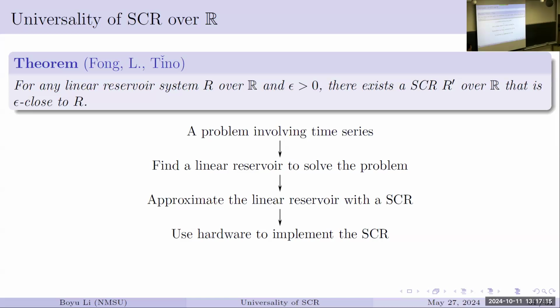So you don't have a random, weird matrix W and B where you really have no control, but you really have a simple cycle, which is a lot easier. And hopefully use some hardware to implement this simple cycle reservoir. There are a lot of groups doing this. We're not doing that. But hopefully one day someone will say, well, if I have a simple cycle reservoir, I can build some machine to compute it pretty fast. And that will help us to solve our original problem. So in the grand scheme of things, this is what we have done.